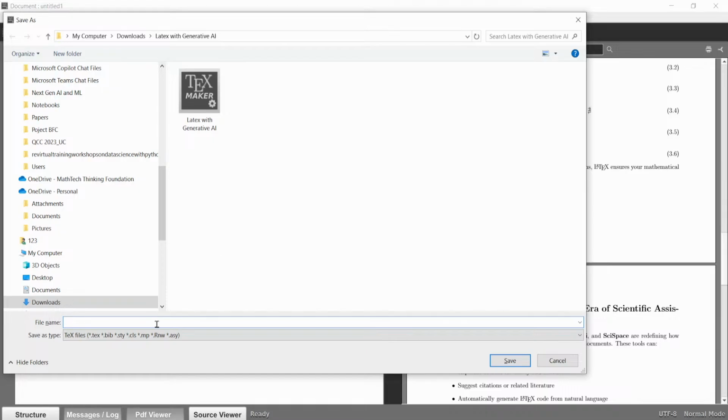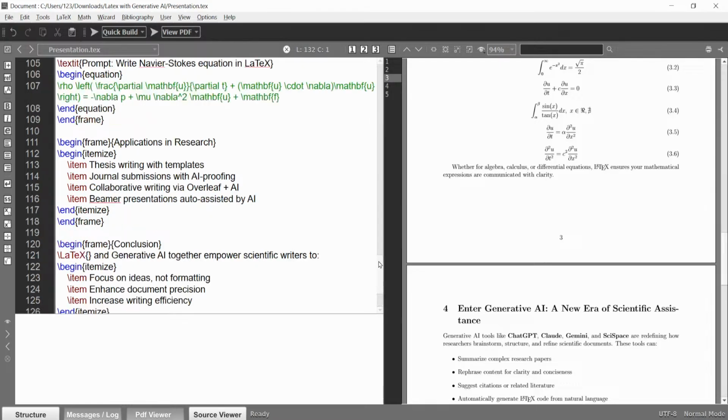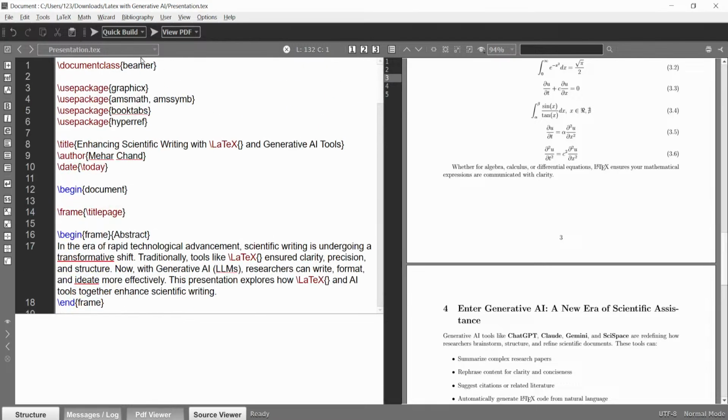I give the name presentation and save it. Then what you will do? You will build the file.